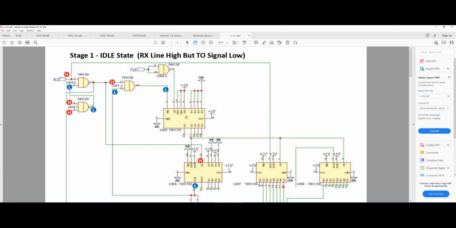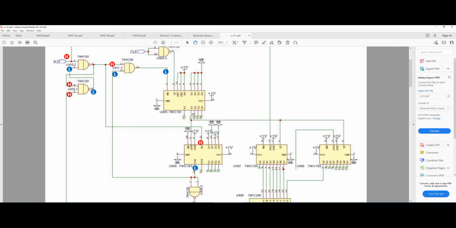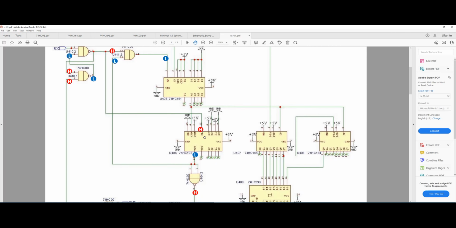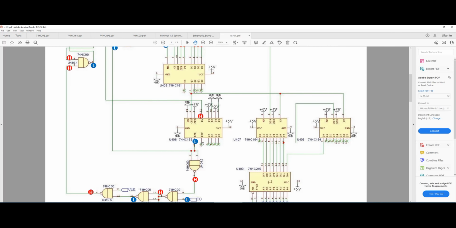We are not actually counting on our clock divider. And regardless of what we receive on the clock pin, this chip will not be counting, and therefore there will be no output on pin 11. So in a sense, this chip is shut down for now. All right, in ideal state, our clock divider is not counting. And therefore, when this is not counting, we have another chip here,